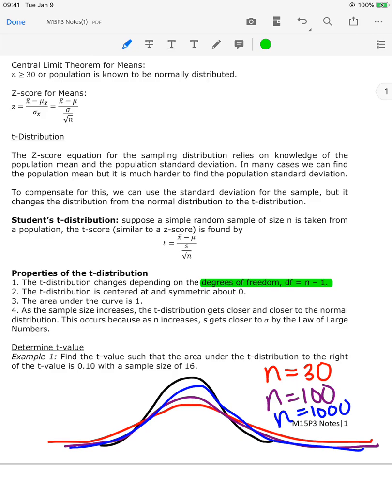So for what we're going to do with this hypothesis testing, we're going to need to know the degrees of freedom. And we're just going to need to remember that we're now using a t-distribution, not a normal curve, because we don't know the population standard deviation. So we have to substitute the sample standard deviation instead. All right? So now examples 1